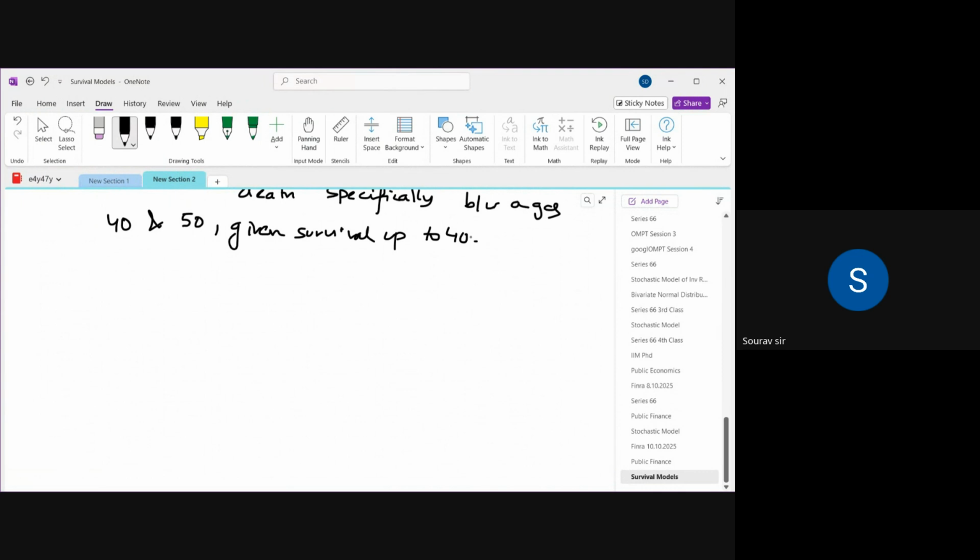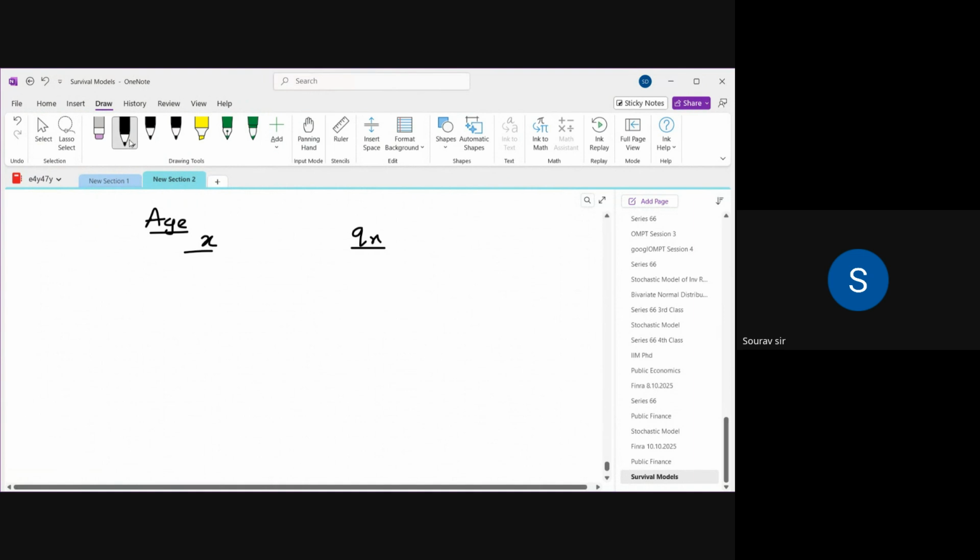Next, there is given data: age x, qx. So these are the three types we did. Now for the given data,